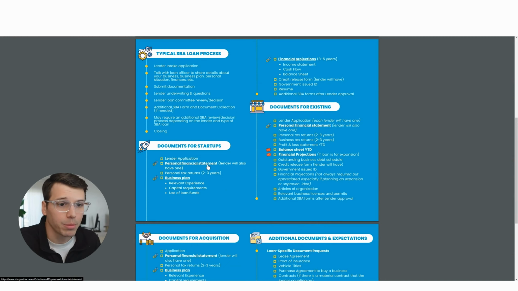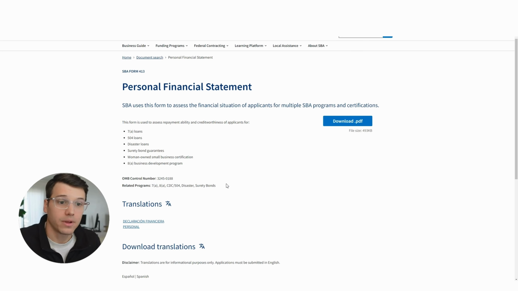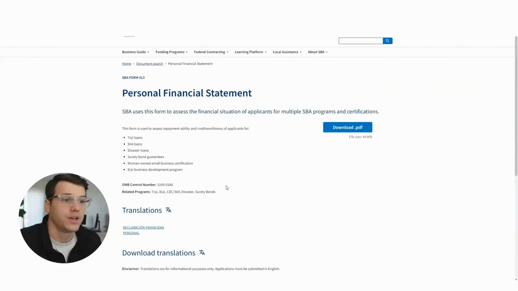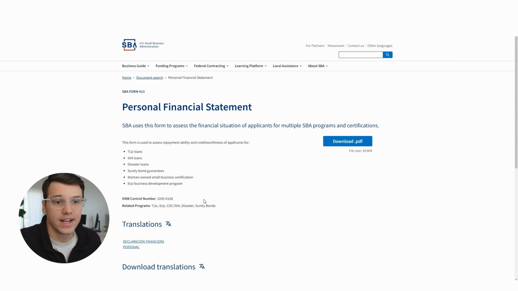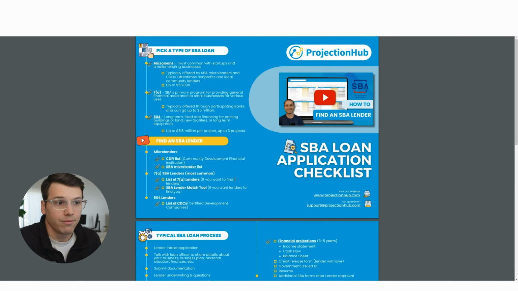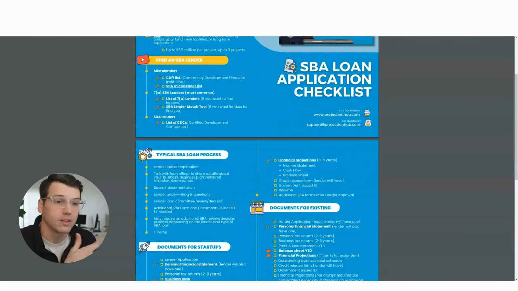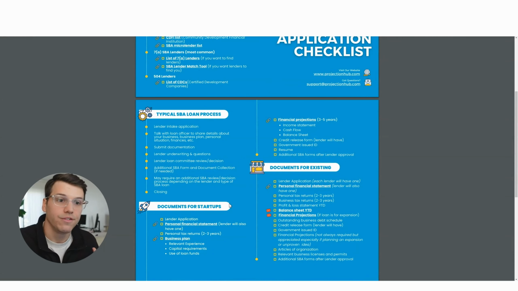They're all going to require a personal financial statement. I have linked to one here. Lenders typically have their own personal financial statements, but this is one where you could probably fill this out in advance and they would accept it, especially if it's the SBA's version of it. But they might have their own form that they like. Regardless, it's probably a good exercise for you to fill one out on your own, so you know what information they're expecting from you and asking from you.